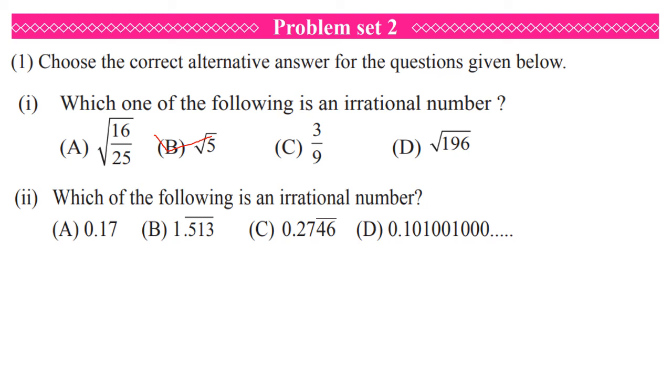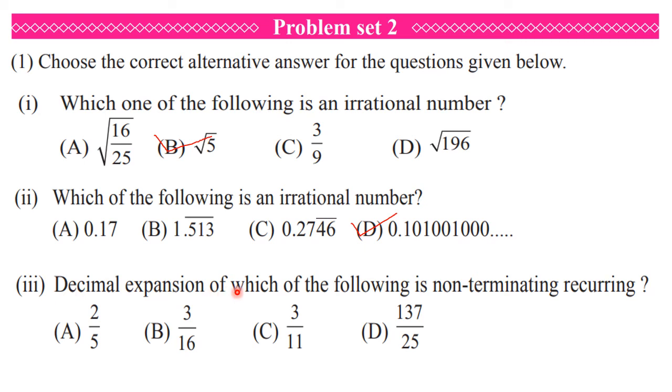So you can observe here, see this one is terminating, this one is recurring, this one also is recurring, but here you can see dot dot dot. That means this particular number is non-terminating, non-recurring. That is why this number is an irrational number. Okay, so it's very easy to recognize. Either they can be given in the form of surds or they can be given in the form of decimal fractions. You have to use the proper property here and check for it. Okay, so in this way you can solve MCQs. Now let's go further towards the third one.